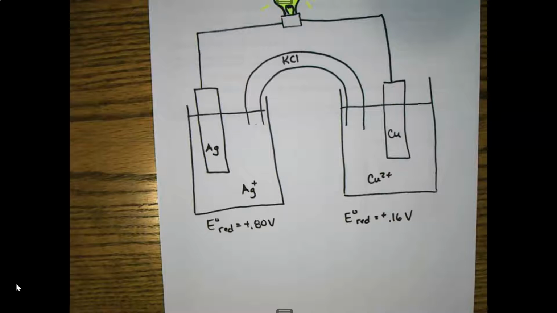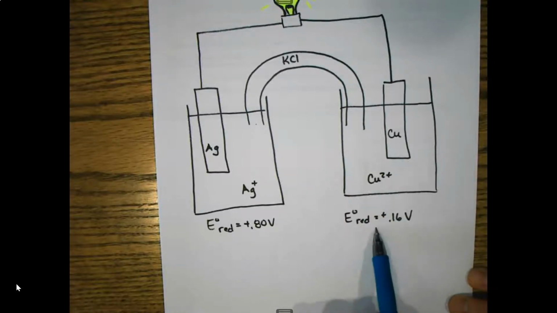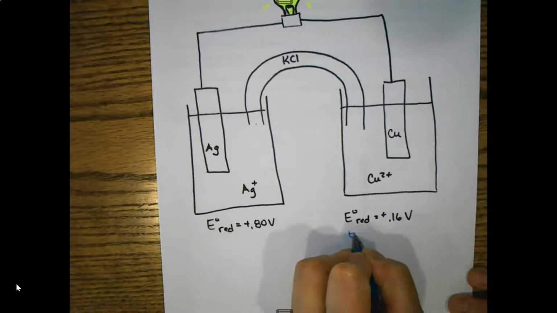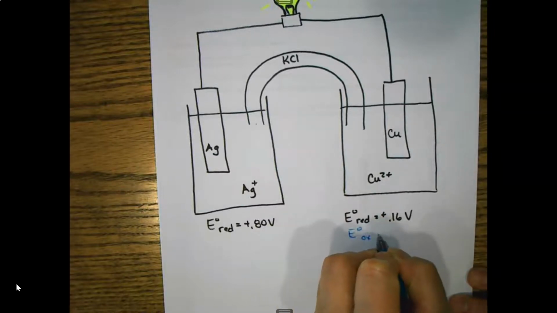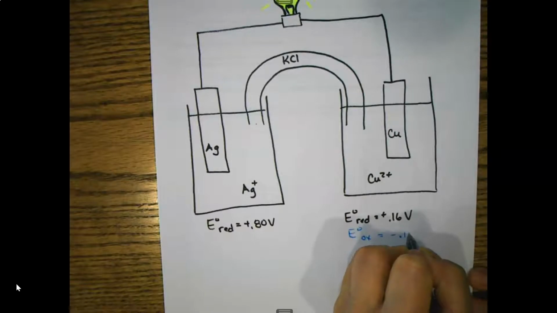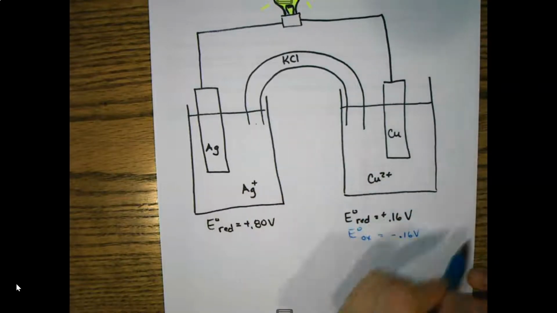But in order for something to act as a battery, remember that it has to have positive voltage. So in order to know which one's going to be which, we've got to look at the numbers. If I make this oxidation, this number becomes negative, which means when I add them together, overall the voltage is negative. That's not good. So this is the one that I'm going to have to make negative. So this is going to become the oxidation half reaction, or this is going to be the oxidation half cell,